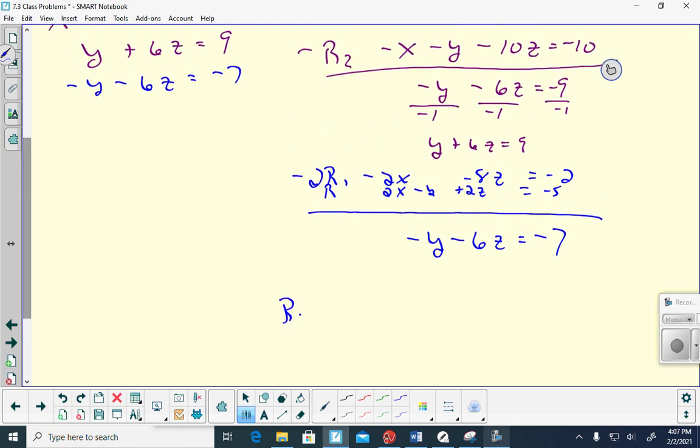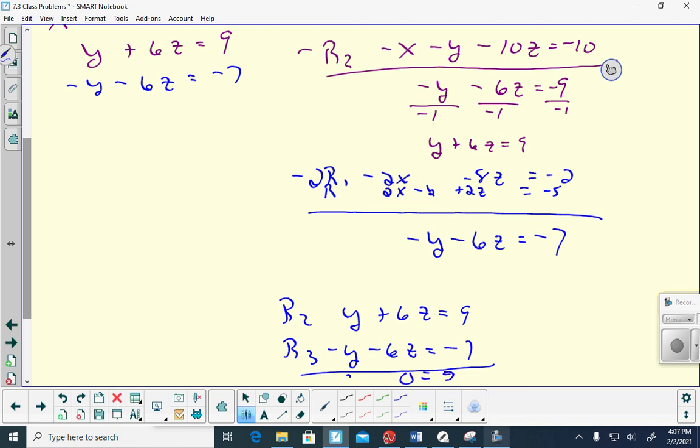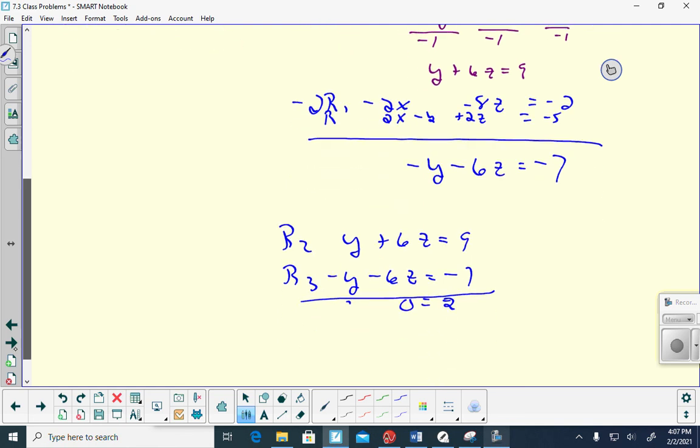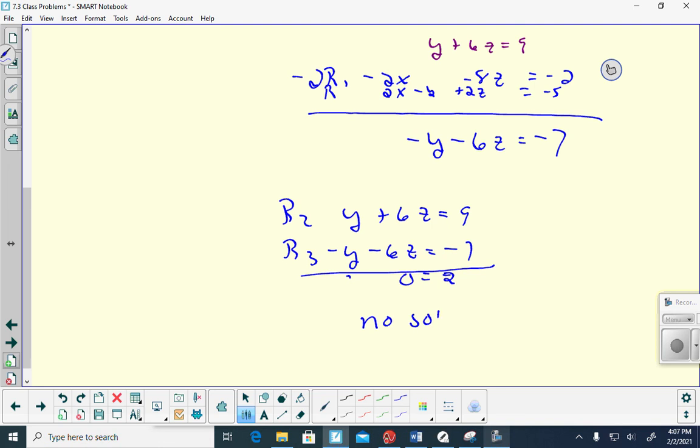So row 2 is y plus 6z is equal to 9. Row 3 is negative y minus 6z is equal to negative 7. When I add those, I'm going to get 0. The y's are gone. The z's are gone. Uh-oh. And this is equal to positive 2. That is not true. So there are no solutions to this one. As soon as I get no solutions, I'm done and I move on to the next one, which is an